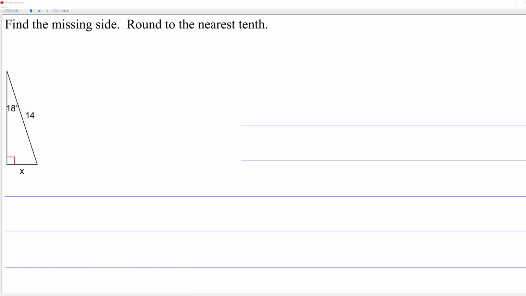So here, you could probably guess what we're going to do. We have an 18 degree angle. We have the side opposite. X is across from that angle. And then we have the hypotenuse. So an angle, the opposite side, the hypotenuse, that means we use the sine function. So the sine of 18 degrees is x over 14. And we're done. Just solve that equation. So now let's move on to